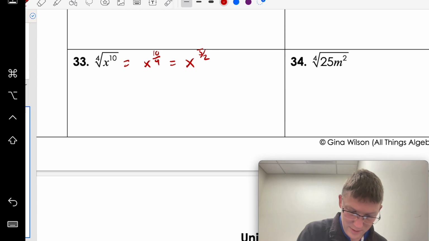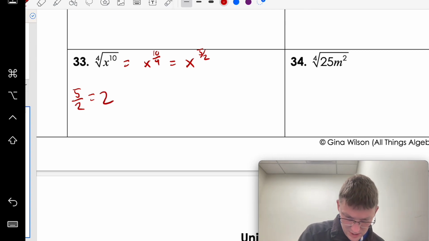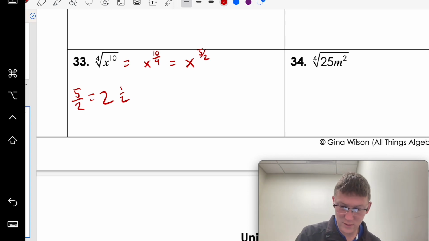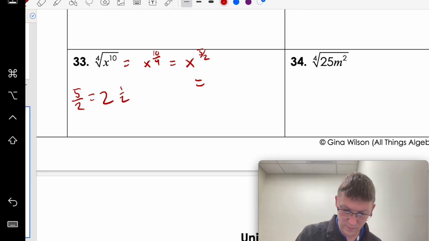So then I'm thinking to myself, 5 over 2, if I were to turn that into a mixed number, 2 would go into 5 2 times. So that'd be 2, and then I'd have 1/2 left over. So my final answer, when I put that back into radical form, is going to be,